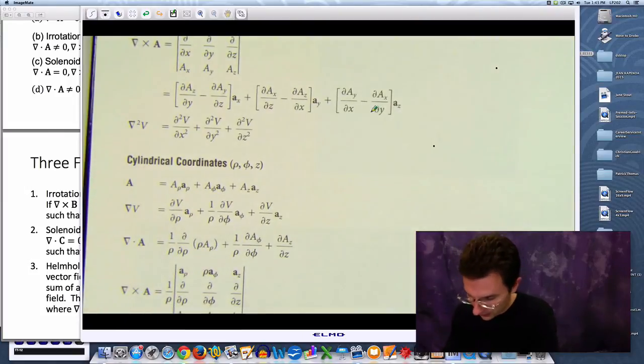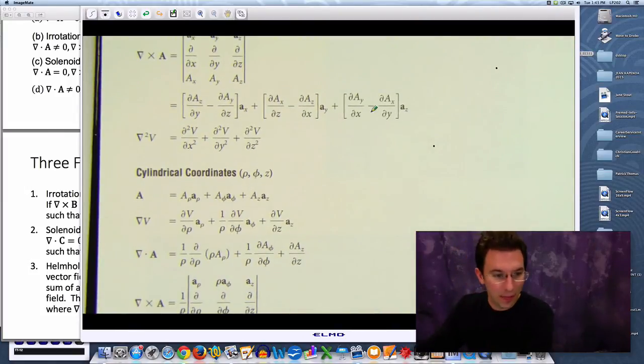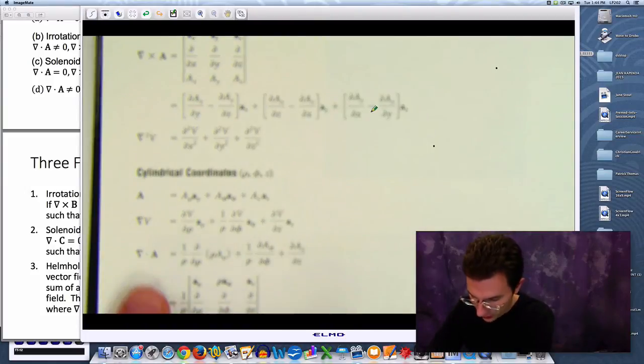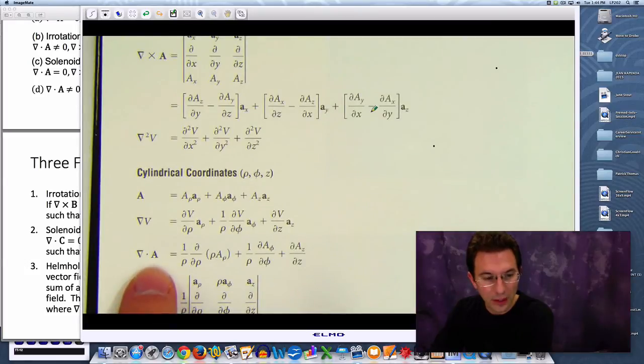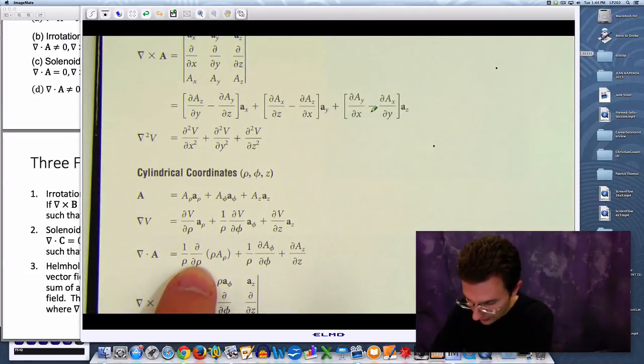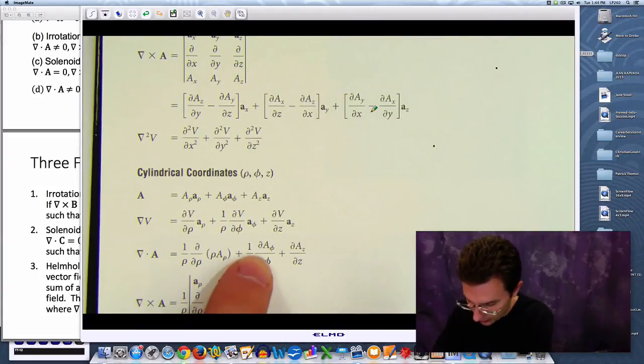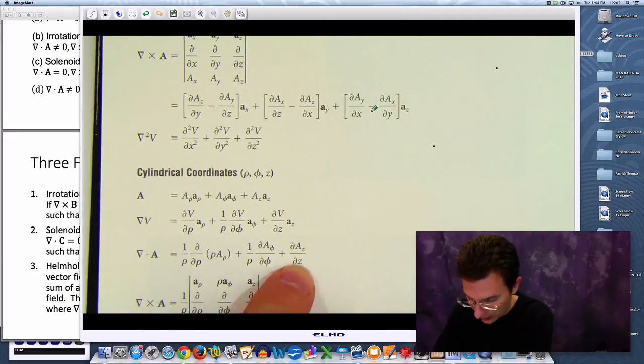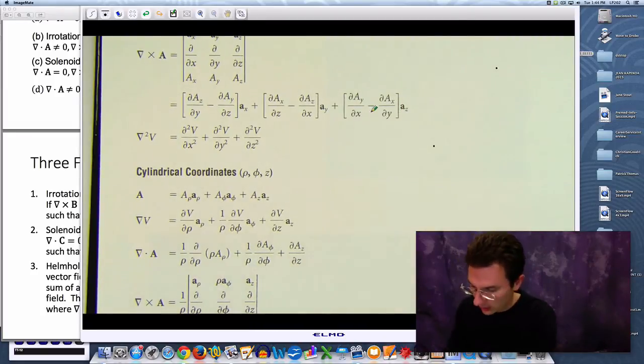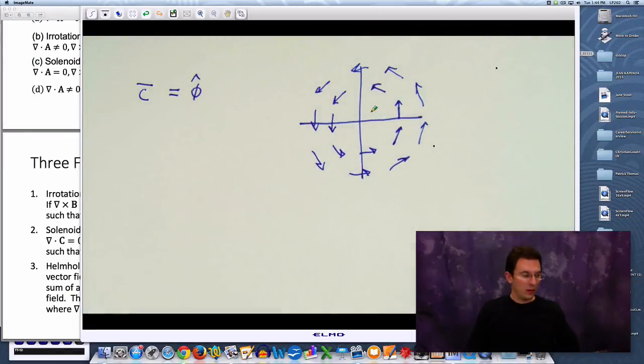This is the definition of the divergence right here in cylindrical coordinates: 1 over rho, partial with respect to rho of rho times the rho component of A, plus 1 over rho times the derivative with respect to phi of the phi component, plus the partial with respect to z of the z component. All right. So we have to show that in fact this field here, C equals phi hat,